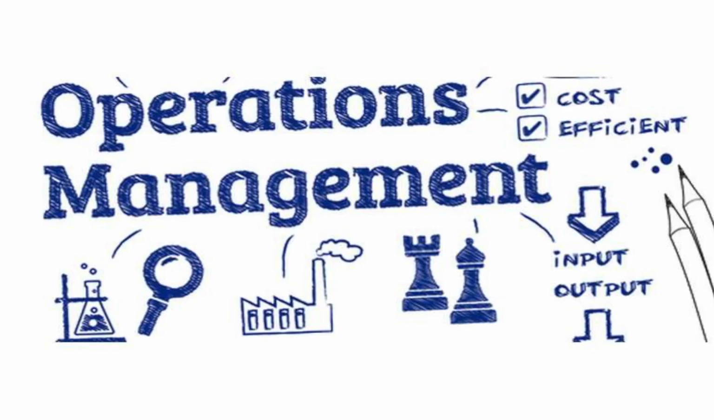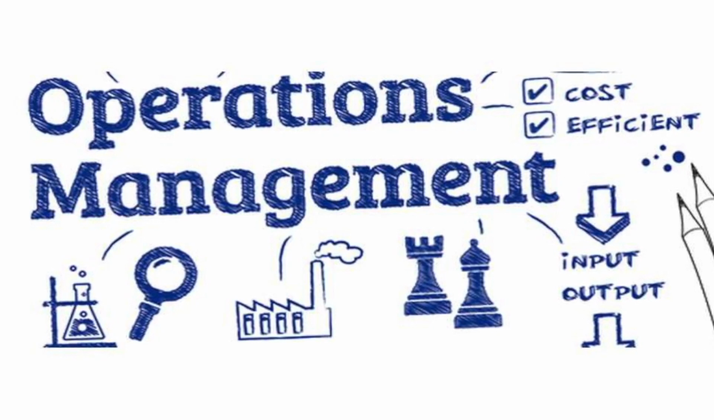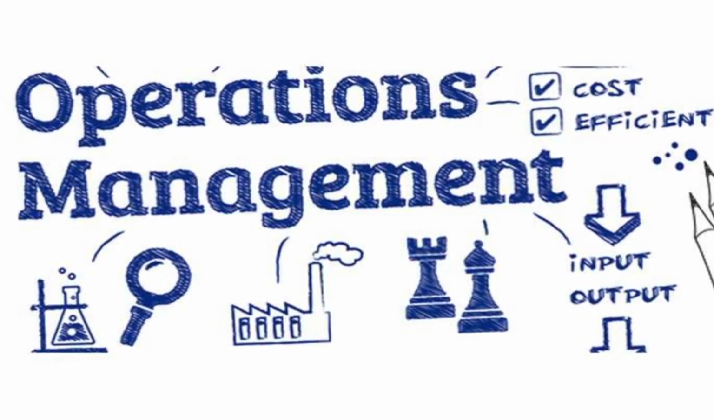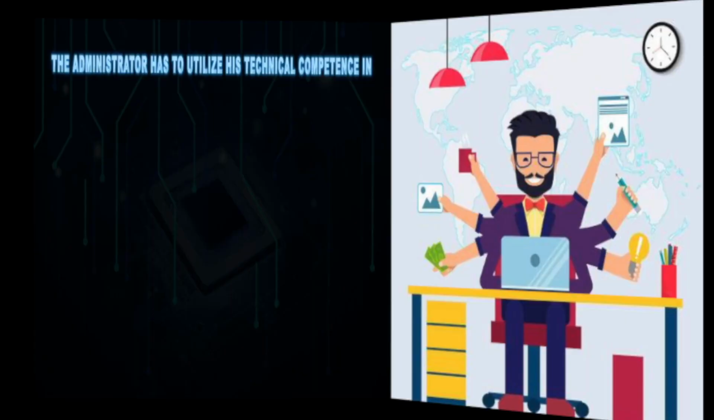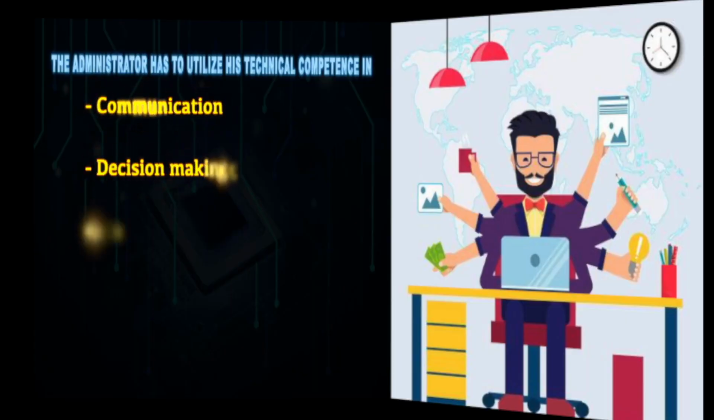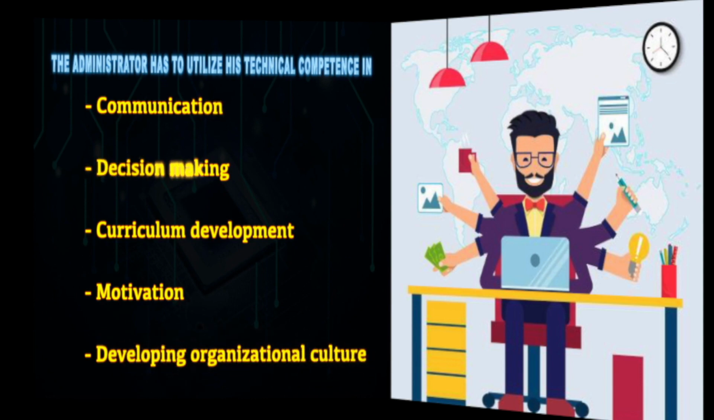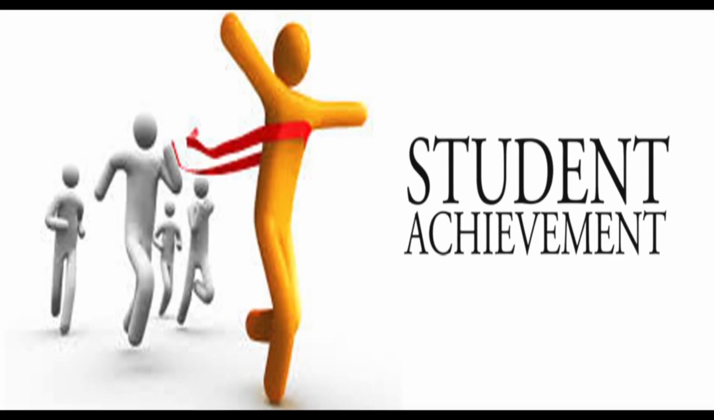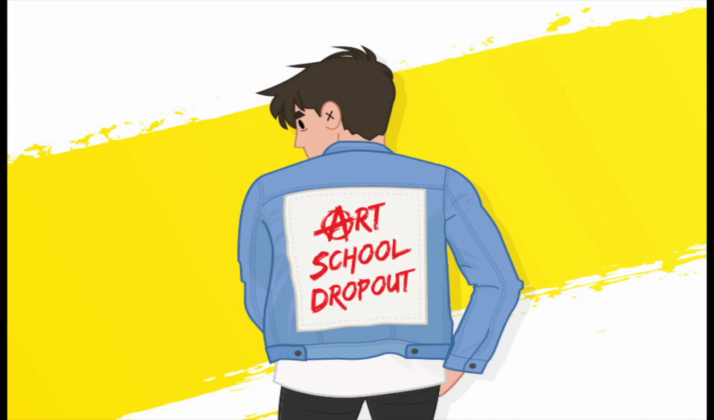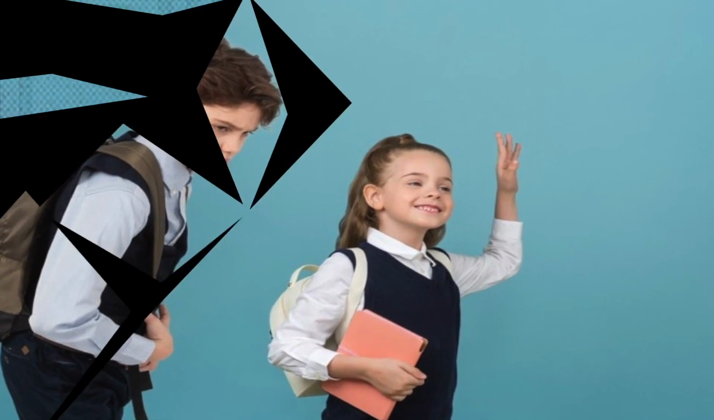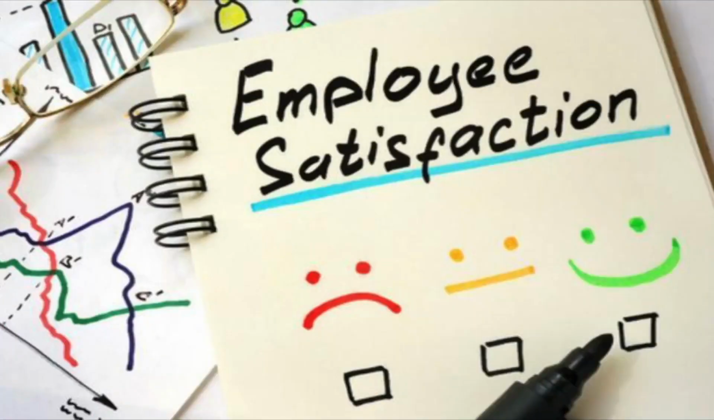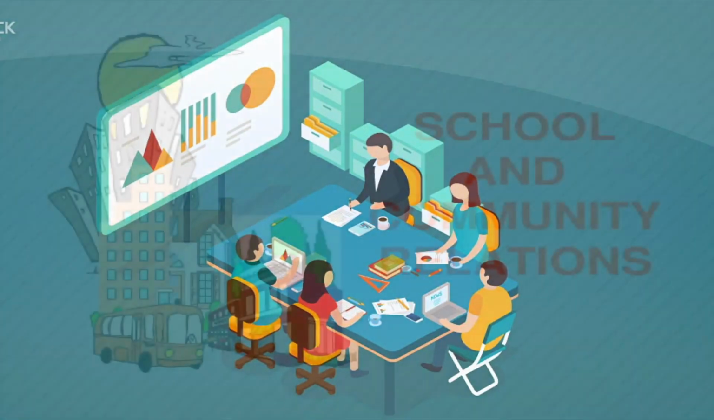Process. This includes the internal operation of the organization or school and its system of operational management. The administrator has to utilize his or her technical competency in communication, decision making, curriculum development, motivation, developing organizational culture and leadership styles in transforming the inputs into outputs. Outputs. These include student achievement, growth, dropout, attitude towards school, teacher performance, employee job satisfaction, employee management relations and